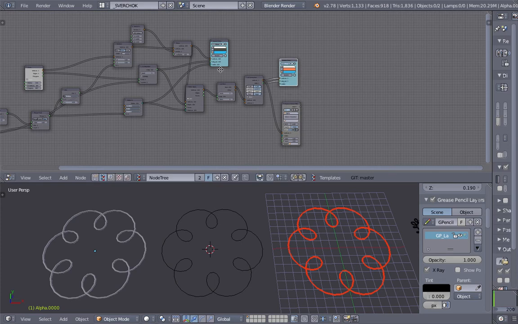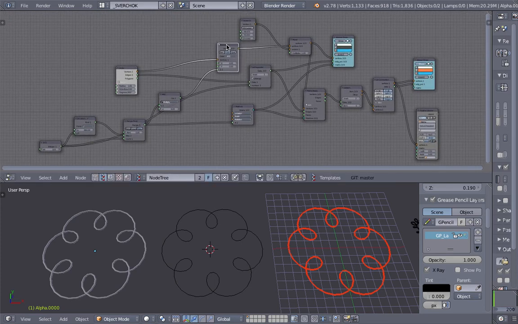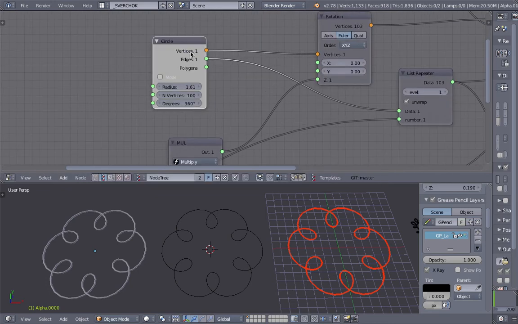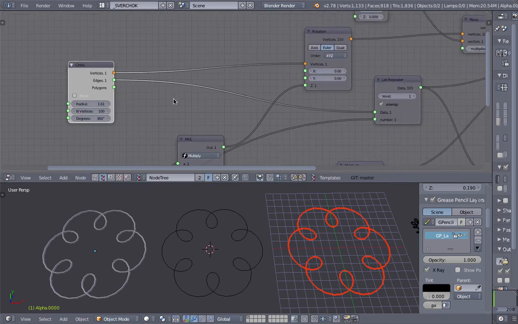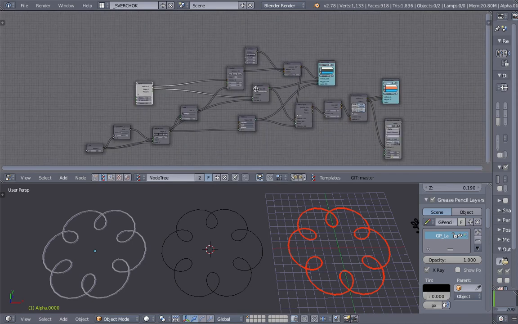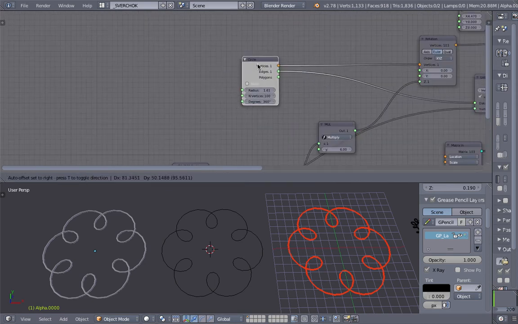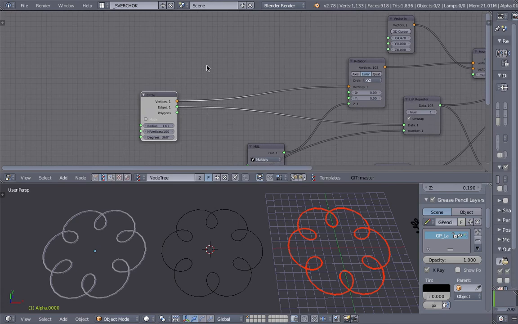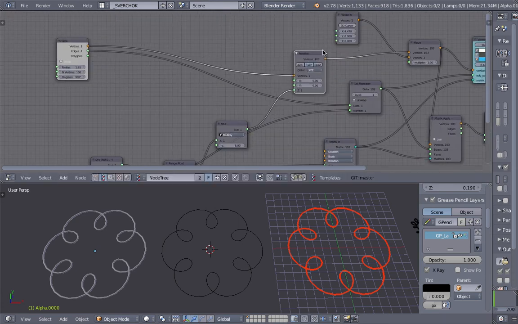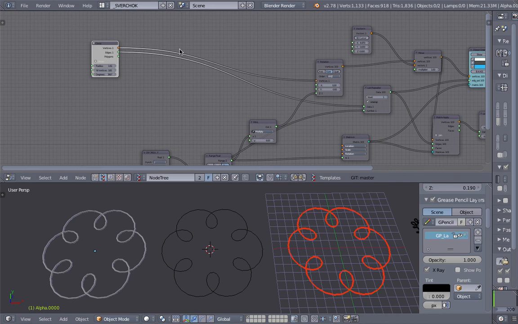There's nothing much. If you look at this and try to understand it, maybe take all the nodes apart and then try to rebuild it yourself, you will start to get it eventually. And really you can have a lot of variations simply by using this setup. You can expand it. Maybe instead of using a circle, you use something else. I have not tried that. Maybe that's worth doing. So instead of using a circle,